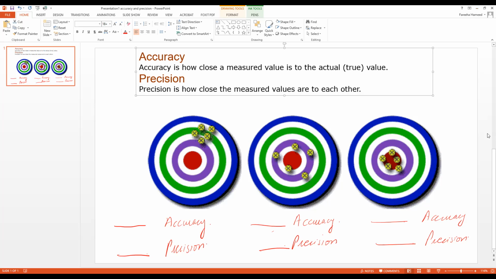Now we come back. You can tell me first your name and then you can answer the question, and you will get a point for this. As I said, I'll be giving points for class participation. So you can look at these figures, you can look at the definitions and you can try to understand what is the answer for the fill in the blanks that I have given you.